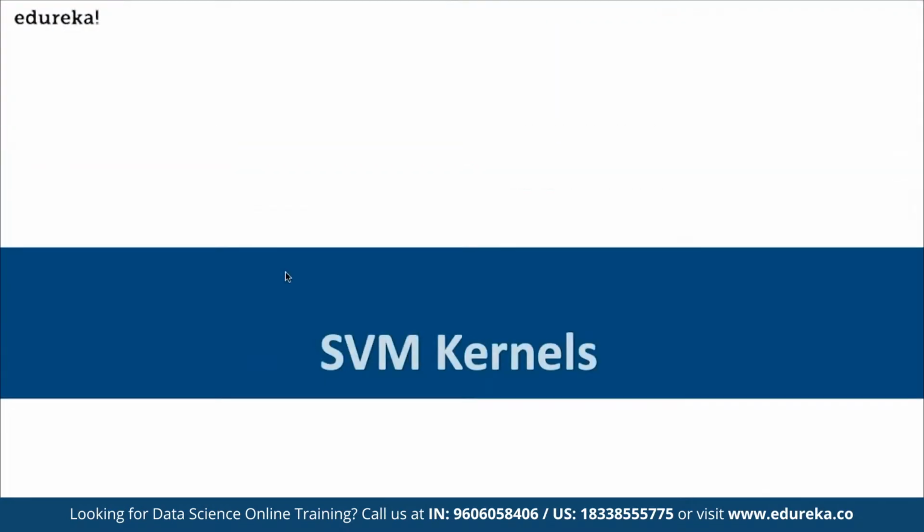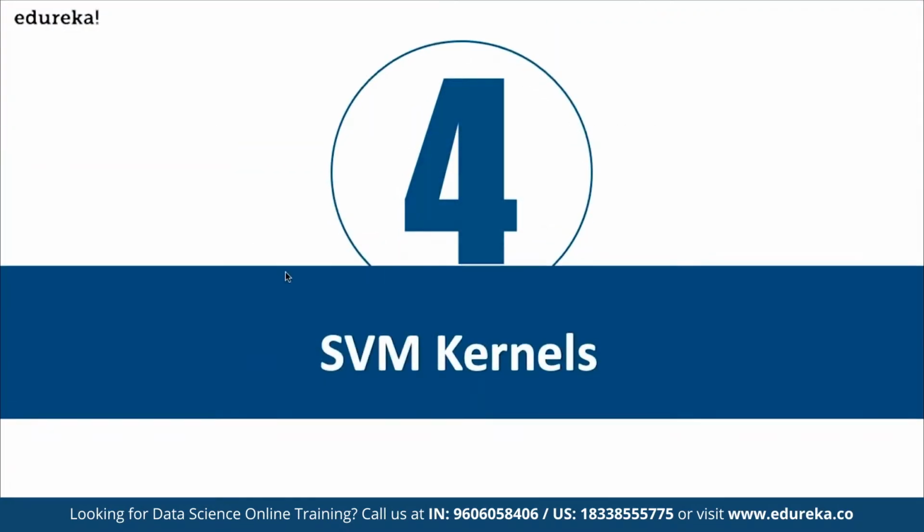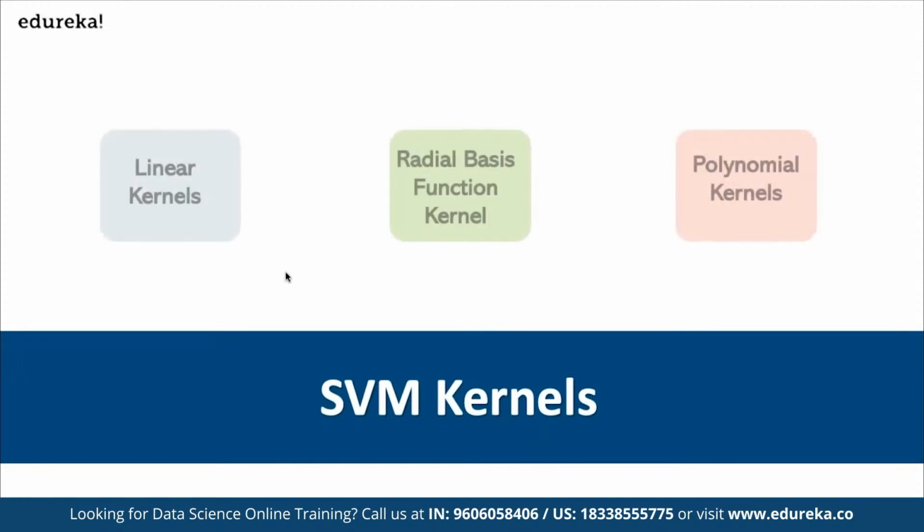So now let's talk about the SVM kernels. An SVM kernel adds more dimensions to a low dimensional space to make it easier to segregate the data. It converts the inseparable problem to a separable problem by adding more dimensions using the kernel trick. A support vector machine is implemented in practice by a kernel, and the kernel trick helps to make a more accurate classifier. We can take a look at different kernels in the support vector machine, like linear, radial basis, and polynomial kernels.